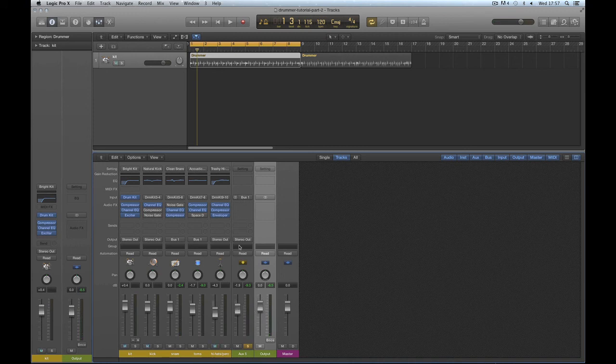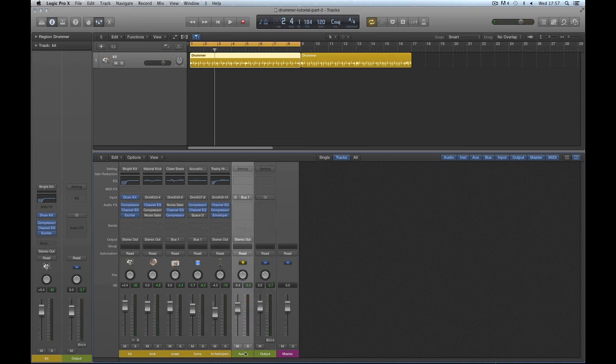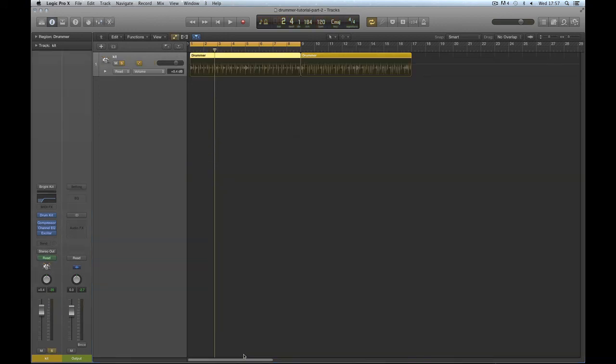So now the toms and the snare are passing through this fader on the way to the output. But it's not like before where we sent a little bit of each of those drums out into an auxiliary. Now the whole drum is passing through here, goes through here and then on to the output. Right? And again, we've created a submix here of the snare and tom, which I'll call